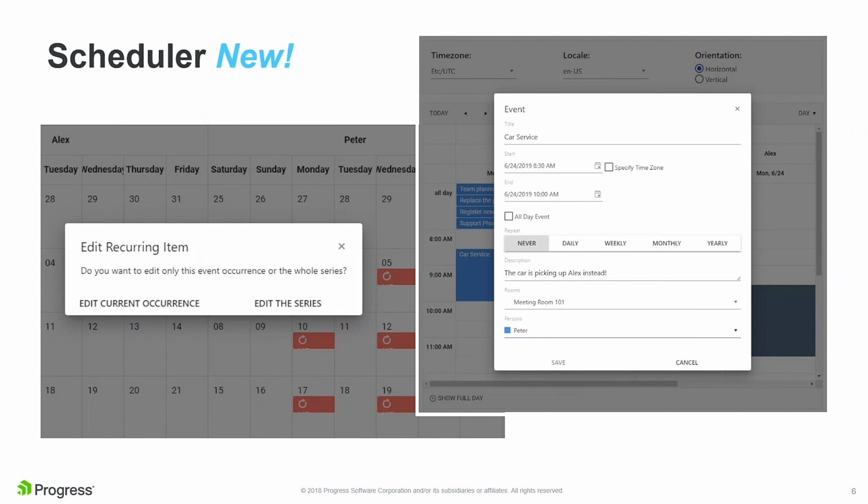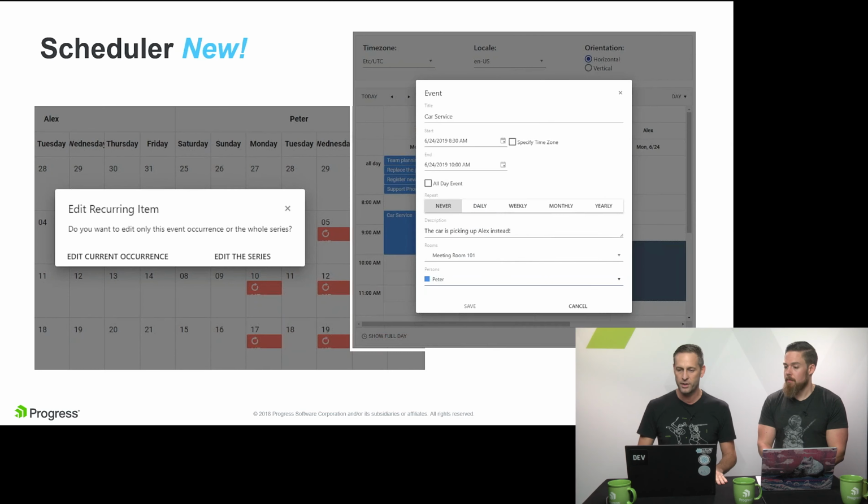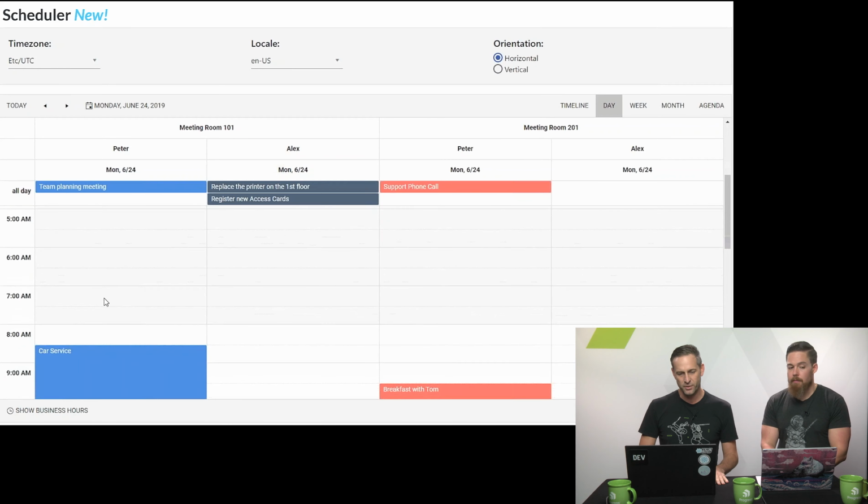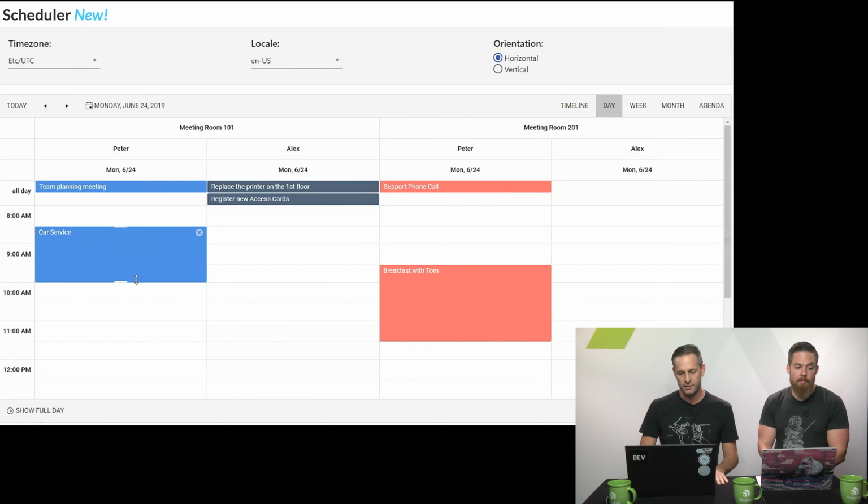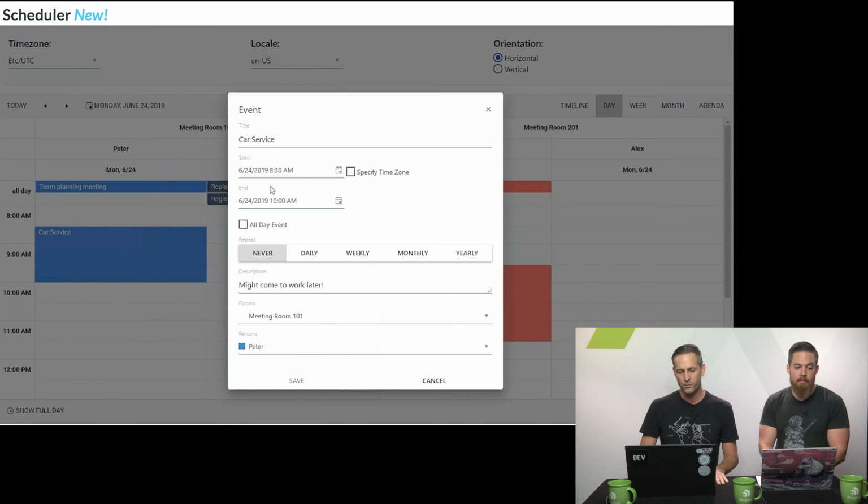So the scheduler is really awesome, and you've seen it with some of our Angular components already. We now have it in the KendoReact, and you can do pretty much anything that you could do in an Outlook or a Gmail calendar. You can actually edit a schedule right in place and make it recurring or make it an all-day event. So all those things that you would expect from a regular scheduler. Here's just a little animation of going in and editing one of the schedules. And